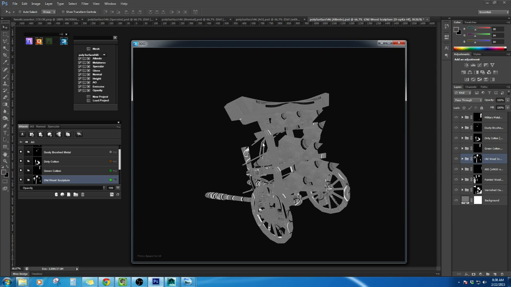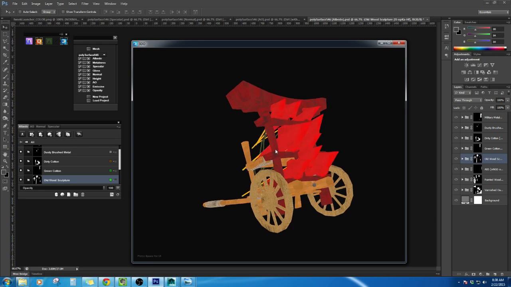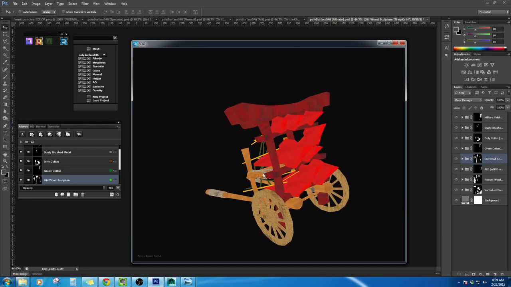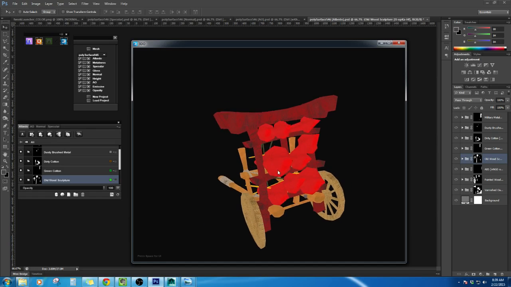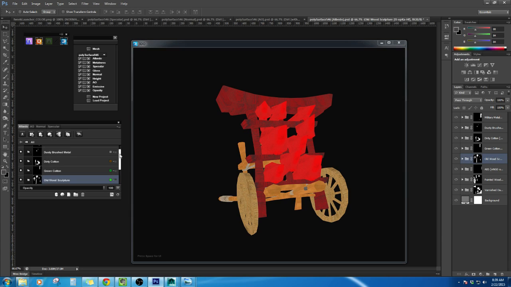Let's see here. So you can see all the different modes. This is the color. Normals, okay. I don't know why it's not showing it with the lighting on. Okay, I don't know what it's doing. But yeah, so this is the color on here. So all you really have to do is, what's going to happen is it's going to say, okay, so